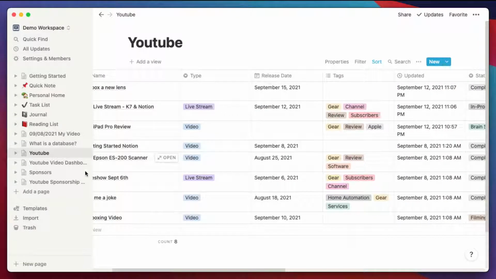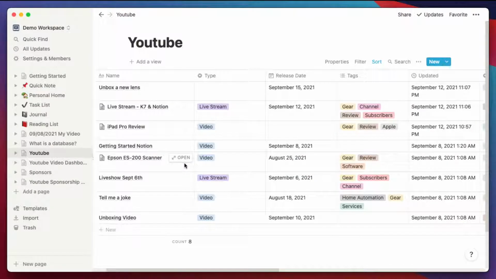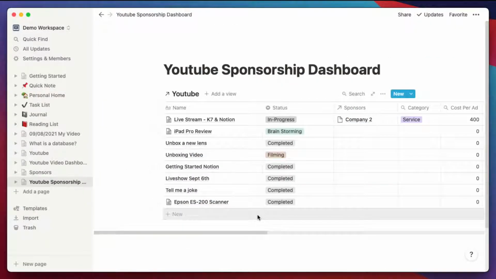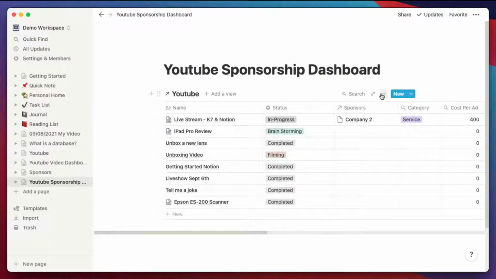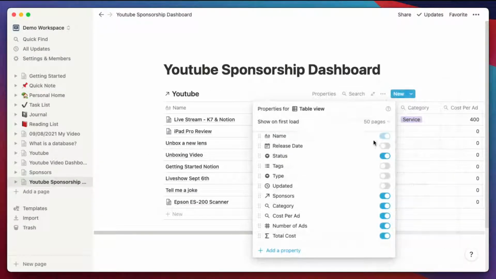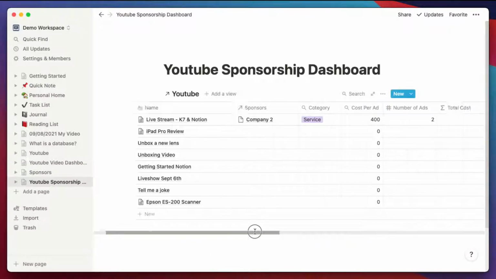This column here is like the raw database. But really what we were doing here is manipulating the main database, but only showing the columns that we wanted to see. You do that by going to properties, and I'm just hiding the other columns that I don't want to see. Let's just take away status, and this is really just a cost per thing.